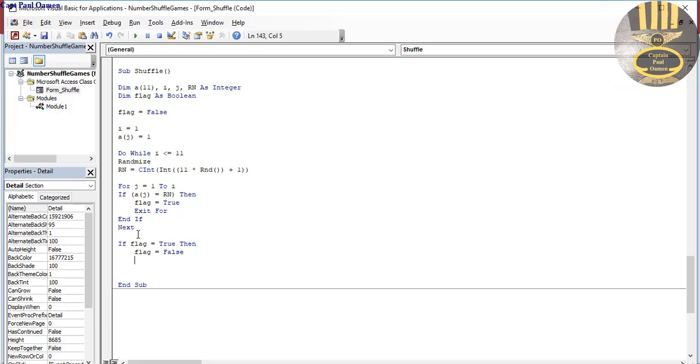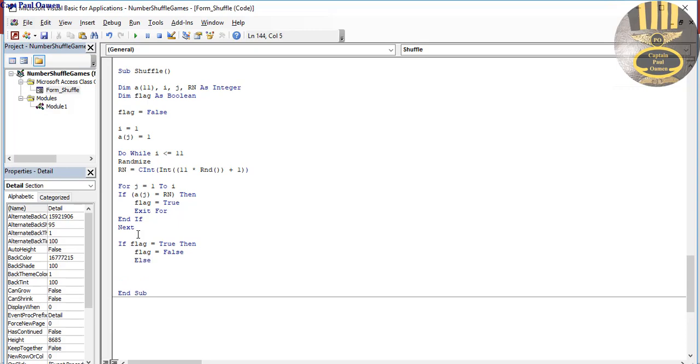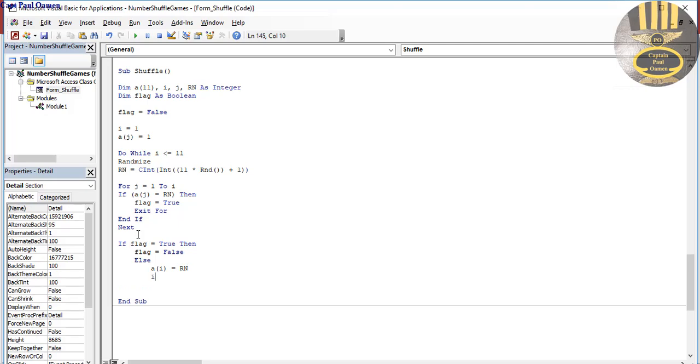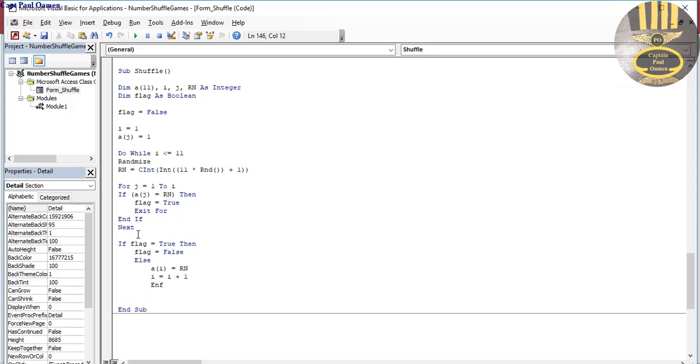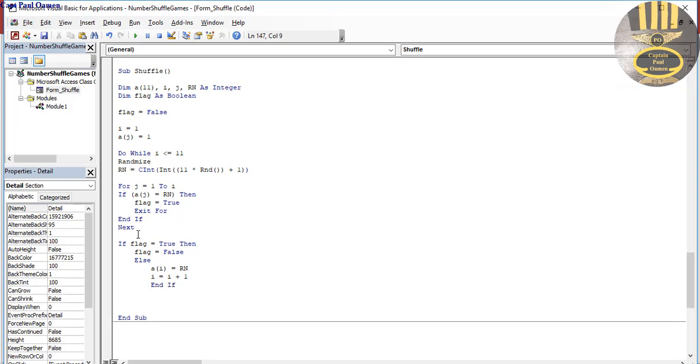Alright. Else, A of I will be equals Rn. In that case, I equals I plus 1, end if, and let's get it looped. So once that is done,